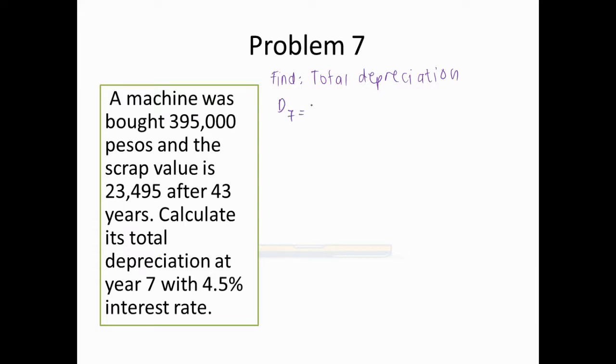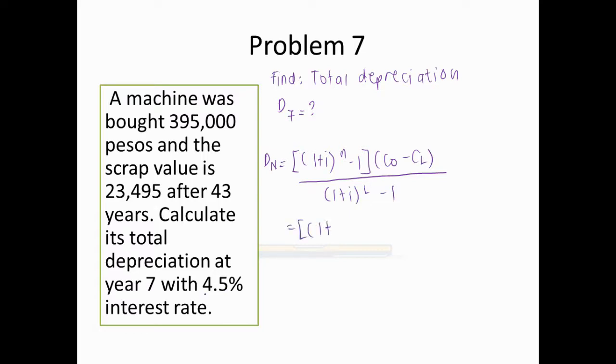So we'll be using the same formula. We have D sub n is equal to (1 plus i) raised to n minus 1, multiplied by C0 minus CL, all over (1 plus i) raised to L minus 1. And then substituting the given, we have (1 plus 4.5% or 0.045) raised to 7 minus 1, multiplied by the initial cost 395,000 pesos minus the scrap value,